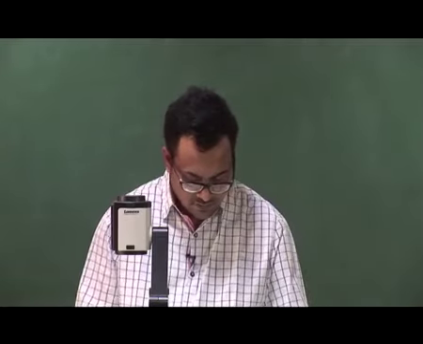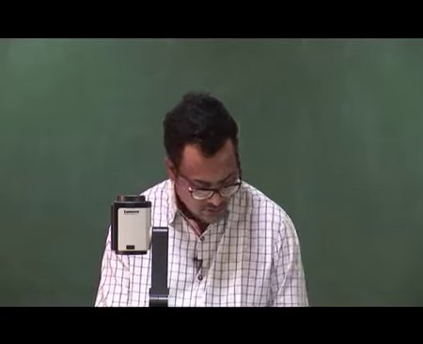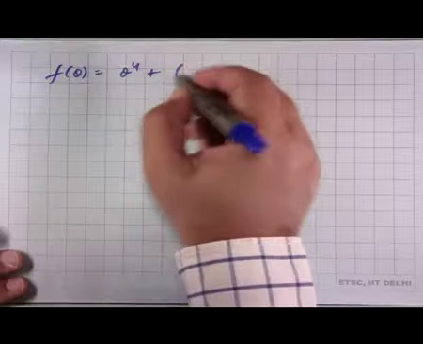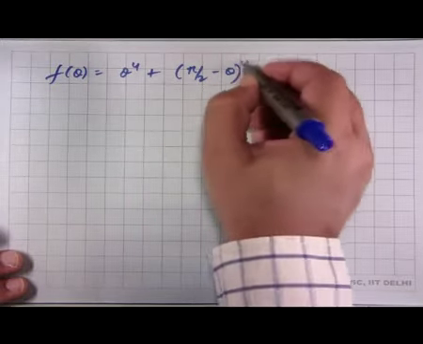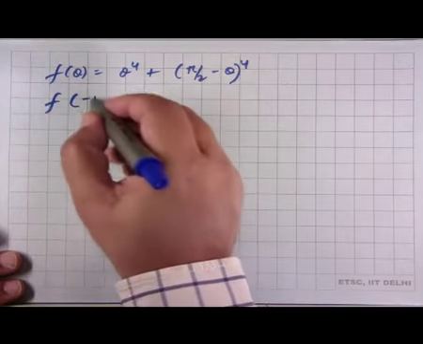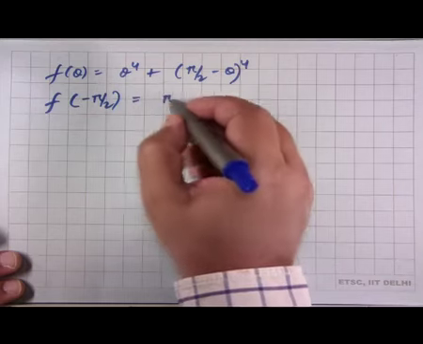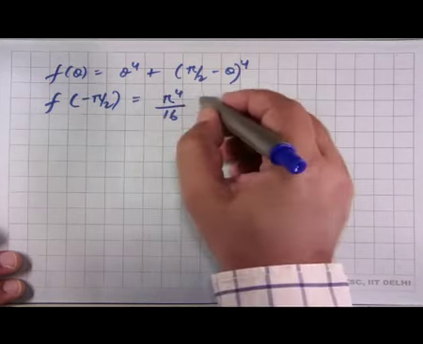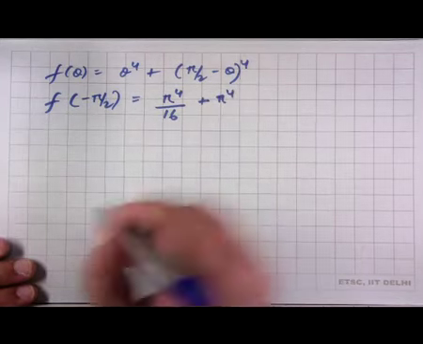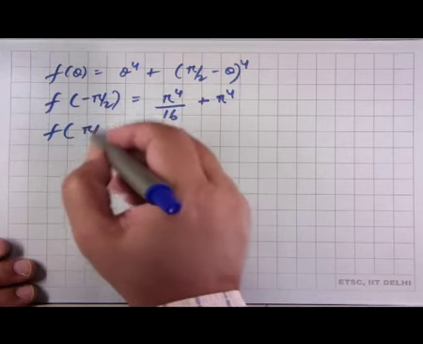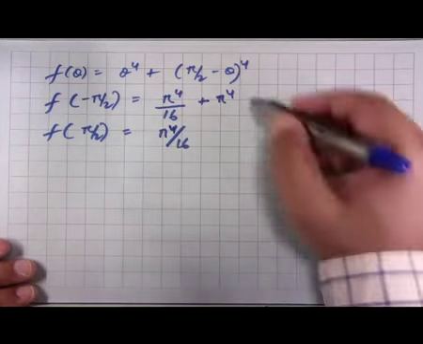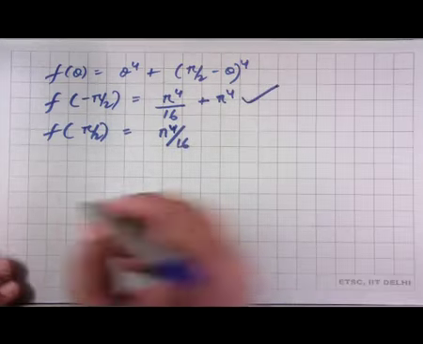So essentially what we have to do now is to find the value of f theta, which is theta to the power 4 plus pi by 2 minus theta to the power 4, at both the endpoints. The value at theta equal to minus pi by 2 will be pi to the power 4 by 16 plus, and this will be pi to the power 4. The value at pi over 2 will be only pi to the power 4 by 16. So obviously this is the larger value, and hence the